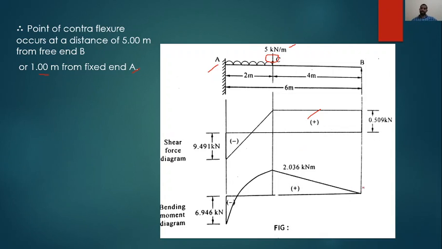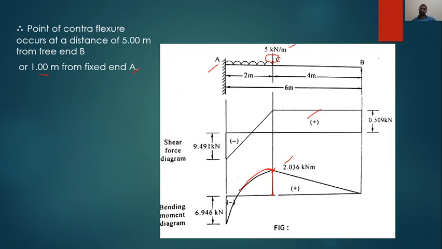And coming to the bending moment diagram, bending moment at B will always be 0 at the free end or at the prop end, and from here the area of the shear force diagram will be equal to the ordinate in this bending moment diagram, and we know the variation of the bending moment diagram is linear if the variation of the shear force diagram is constant, and this area is nothing but 0.509 multiplied by 4 is 2.036, and from here up to a certain portion, again it is positive only, therefore a slight rise will be seen,